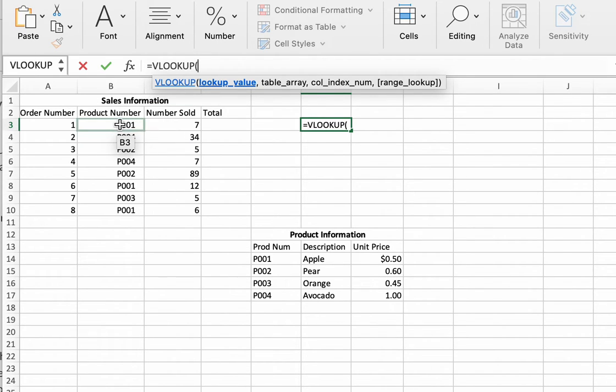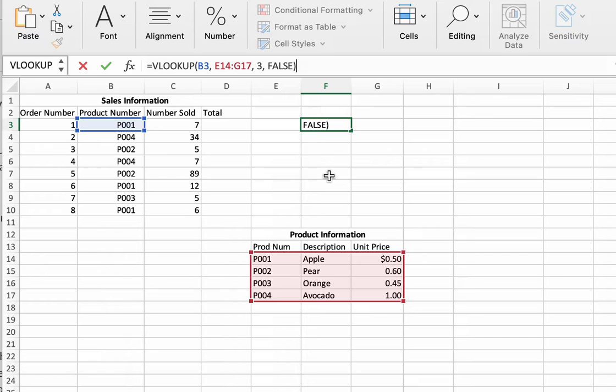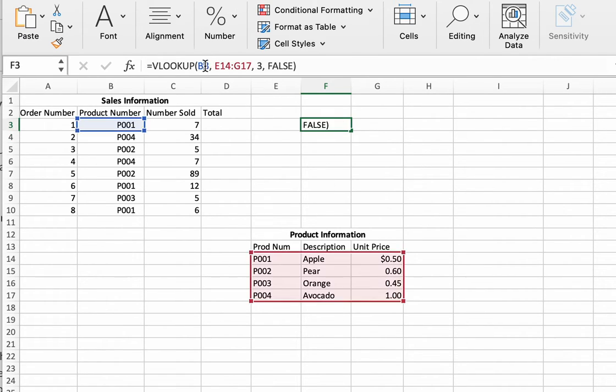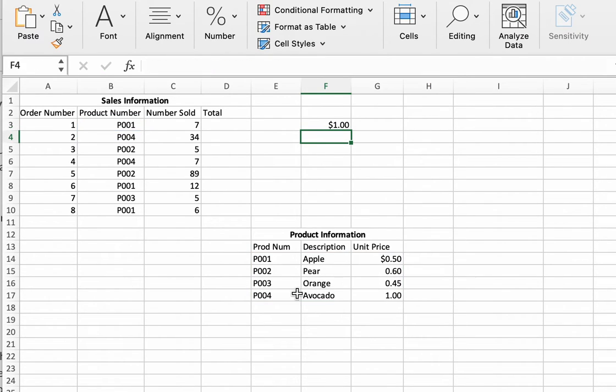Okay, and what we're going to do is look up P3 and we're going to look in this array, and then we're going to return whatever is stored in column 3, and we want an exact match. So you see that we look P1 up in this formula, and then we get the unit price. Obviously, if we change this to, say, B4, we get a different value because the unit price of avocados is